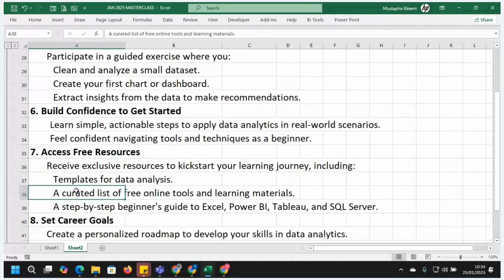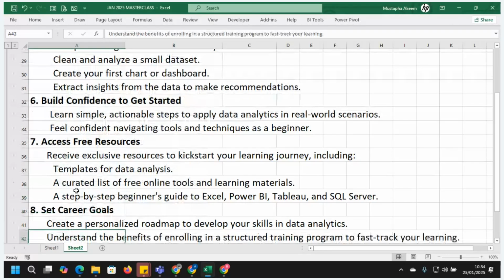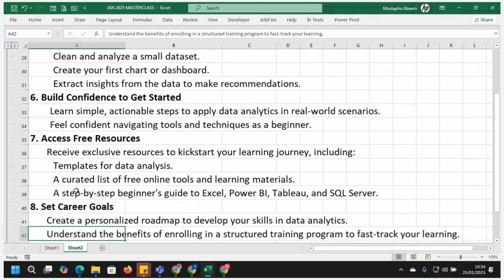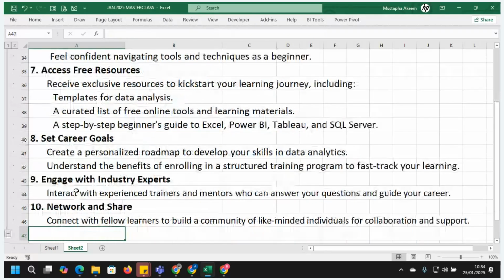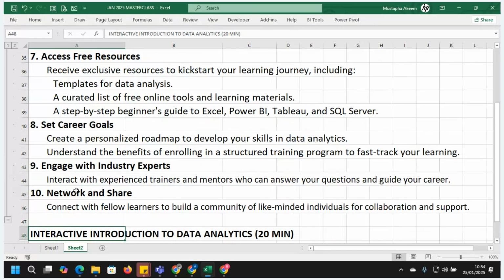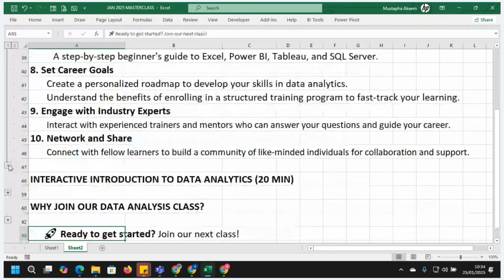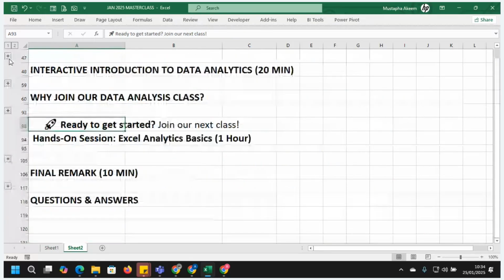I'm going to give you some access to free things to use online and the step-by-step beginner guide for that. And without wasting time, we look into the basic introduction to data.